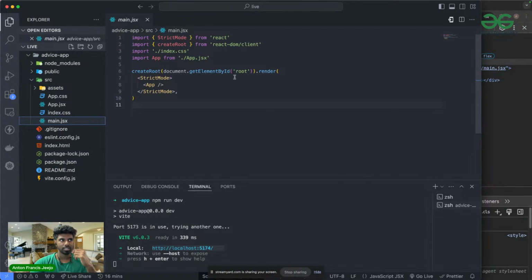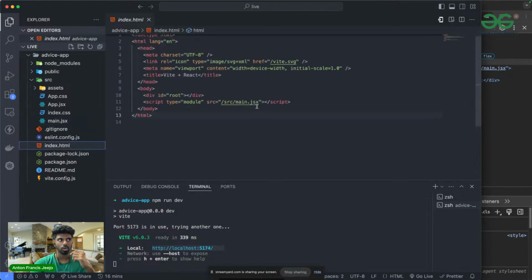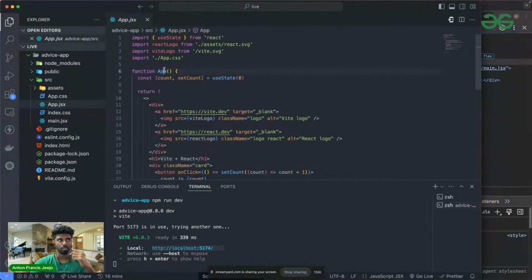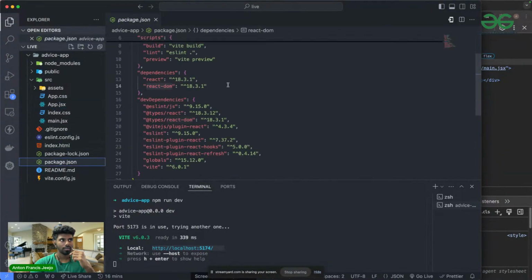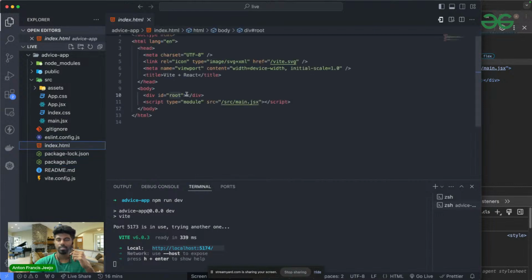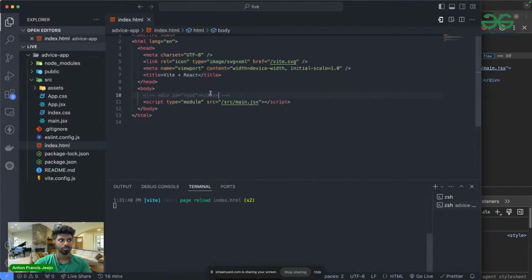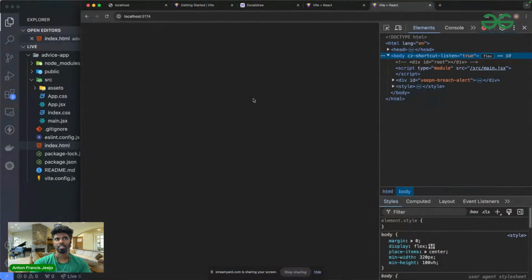So here in the main.jsx, you can see we get the createRoot function from the React DOM dependency, and using that we are selecting document.getElementById root, which is this one over here, and we are placing this App component directly inside this div tag. So let's say for example, if I comment this one out, you can see nothing is visible over here,